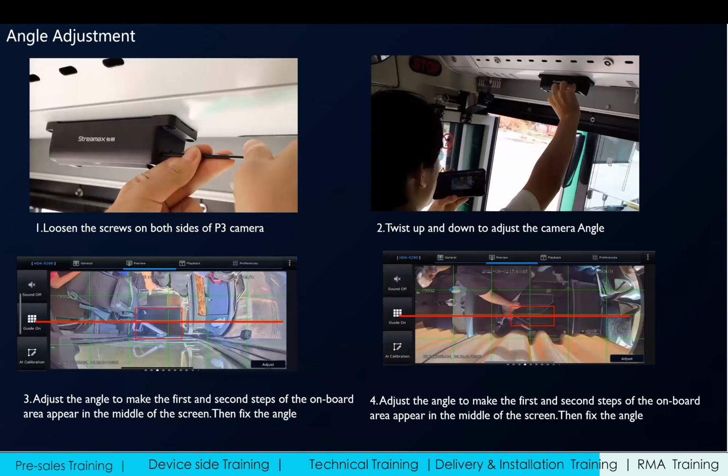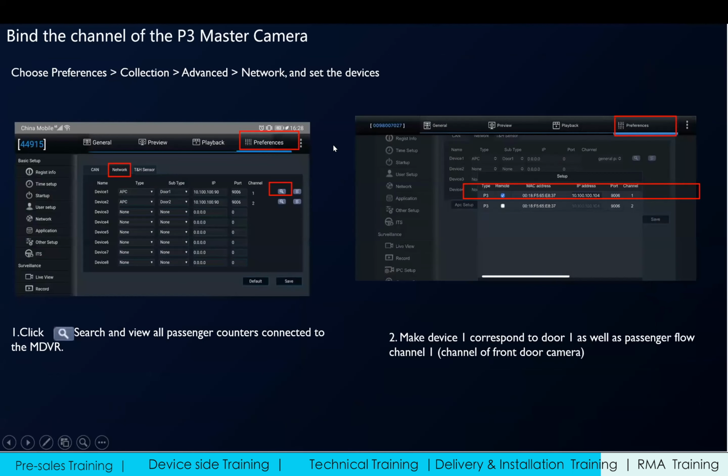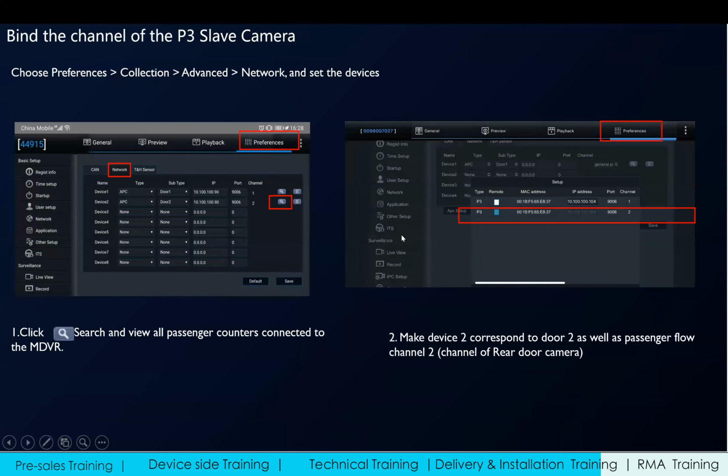Next one is for the passenger count calibration. The first step is loosening the screws on the two sides, and you can twist up and down to adjust the angle. Make sure the no standing area is in the center of the view, and go to the preference and go to the